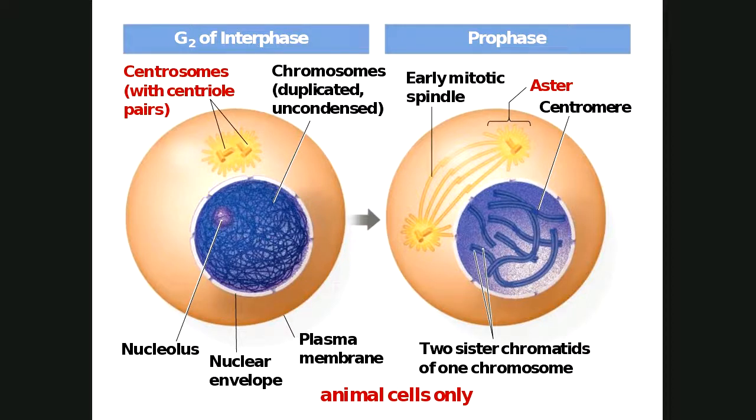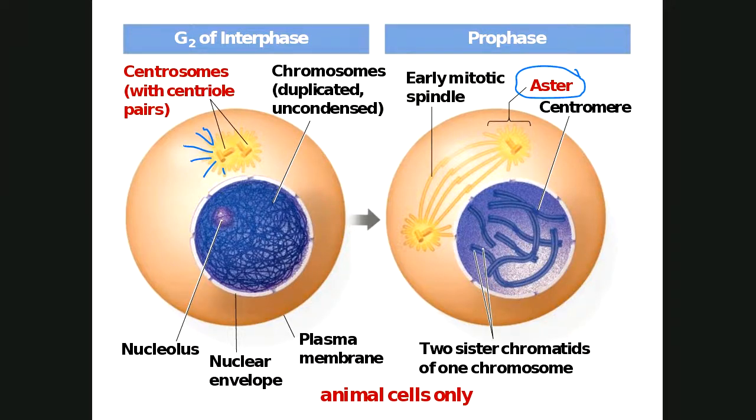So during this G2 of interphase, as we're getting ready to copy, in animal cells, and animal cells only, not in plant cells, the centrosomes copy, and that also copies at the same time the centriole pair. So now we have two pairs, okay? A little bit later on, you can actually see it here too. They didn't label it. This little starburst, those are only found in animal cells too. Now, the little starburst arrangement is called an aster, appropriately enough, because that means star, doesn't it? Aster, asteroid, astronomy. That's only in animal cells, not in plant cells, okay?